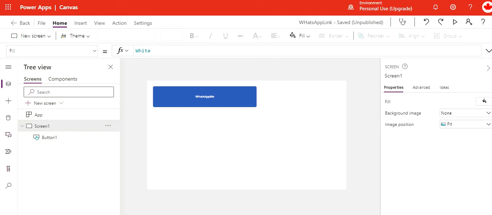So guys, today in this video I'm going to show you how to enable or disable the auto save setting in